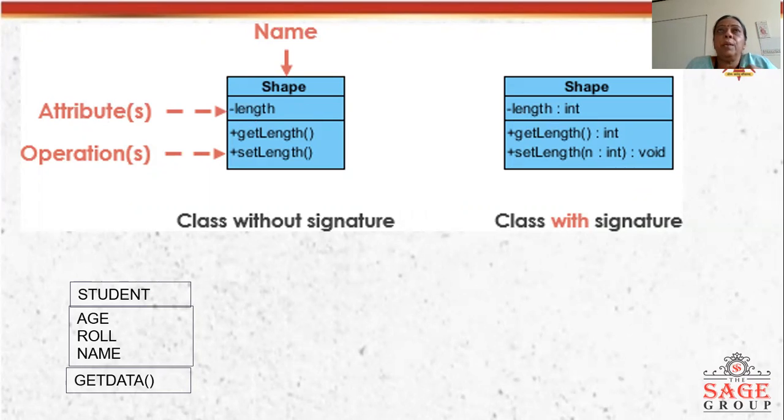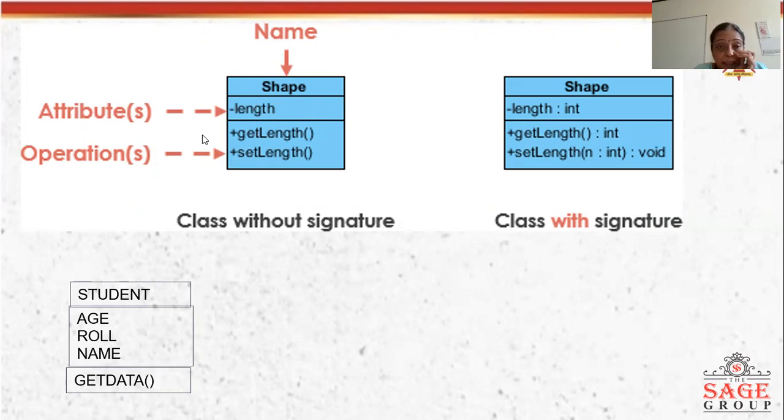Means whichever shape you are making, you take its length as a data member, and according to that you will draw the shape. Now you can take more attributes like length, breadth, radius, and all the data members you want for this Shape class.